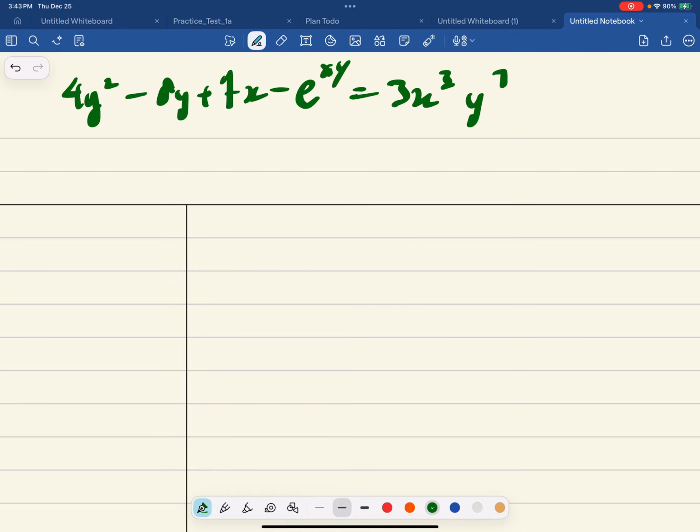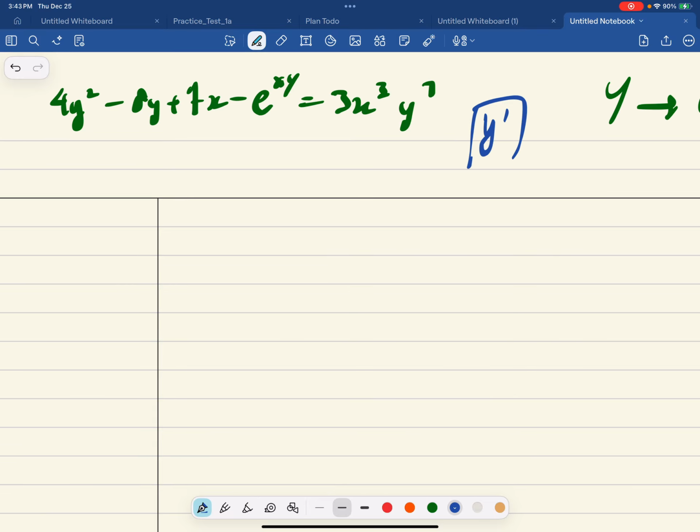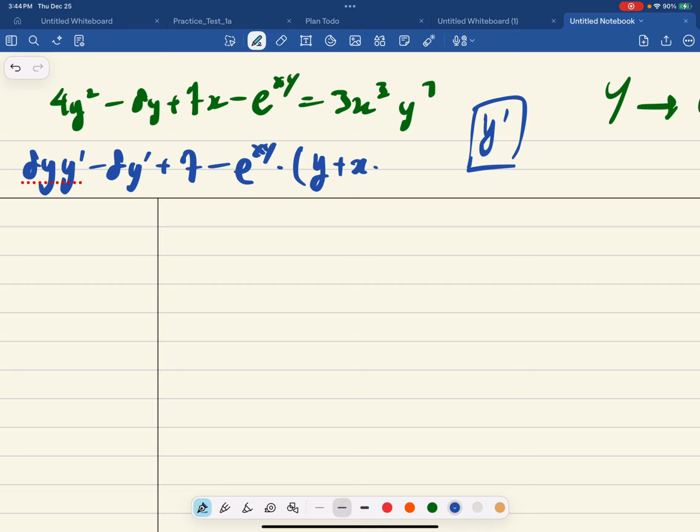So what you have to do is apply the normal rules with y's included, and then you have to separate to find y prime. That's usually the question: find y prime. So doing it really quickly, it becomes 8y y prime minus 8 y prime plus 7 minus e to the xy, which is just e to the xy itself times the derivative of the power. In this case, it's the product rule of xy: 1 times y plus x times the derivative of y, so y prime,